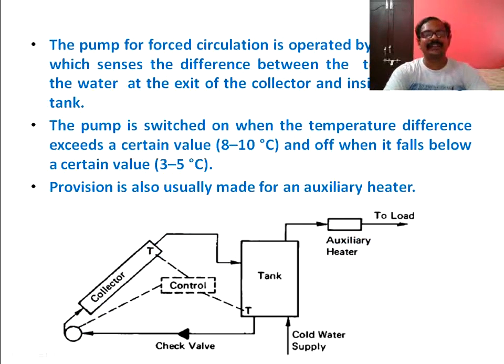Here we use an automatic control system to switch the pump on and off. We cannot manually check every time when to switch the pump on and when to switch it off, so we use an automatic control system. How is it utilized? There is a microcontroller employed in this system, and that controller senses two different temperatures. The first is the collector outlet temperature, and the other is the tank bottom temperature. The controller senses these two temperatures by means of a thermocouple,